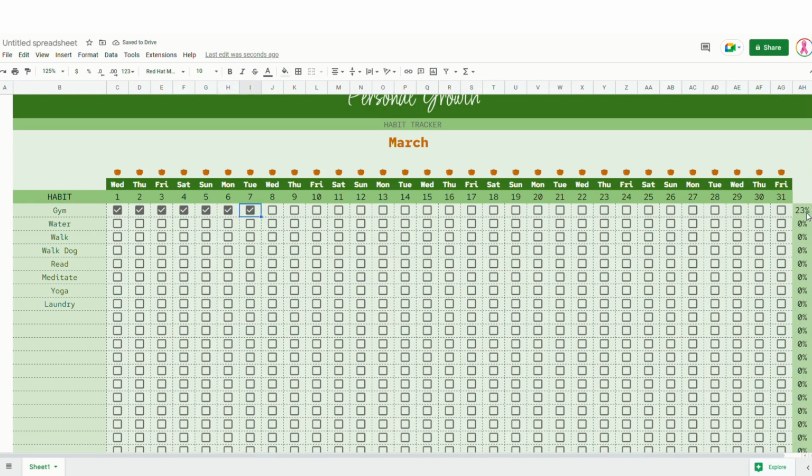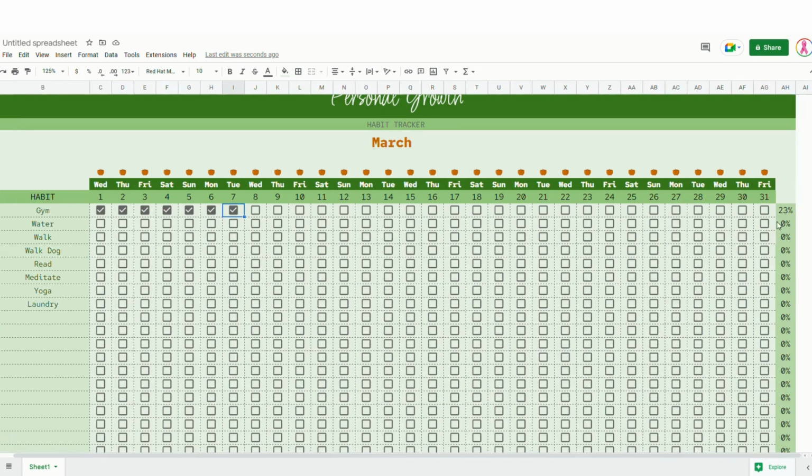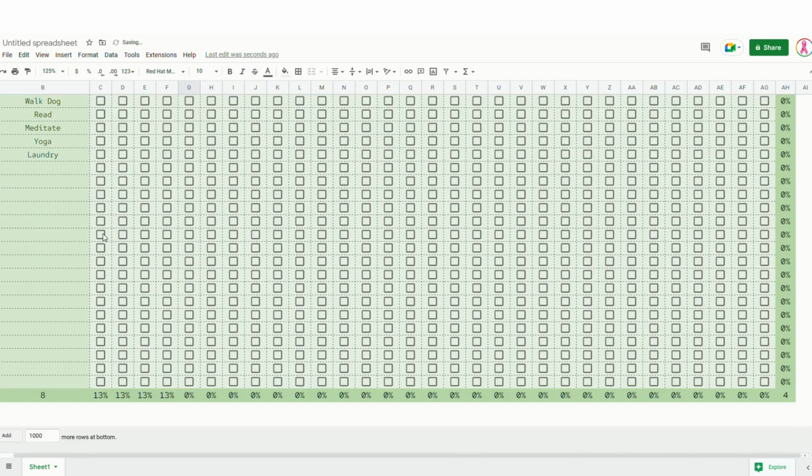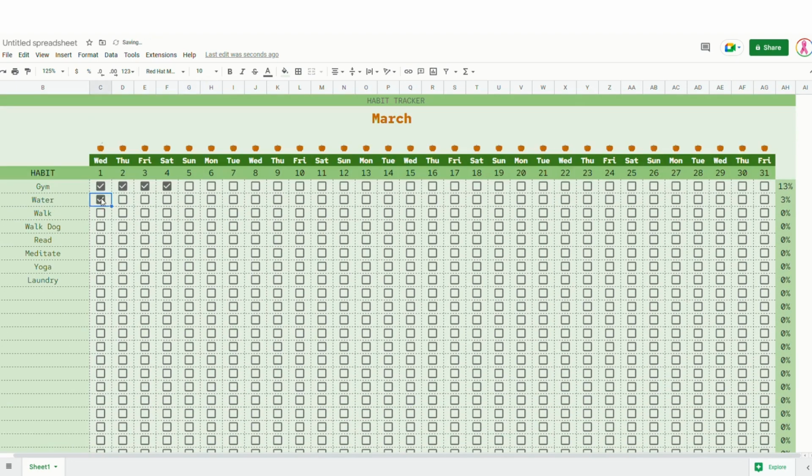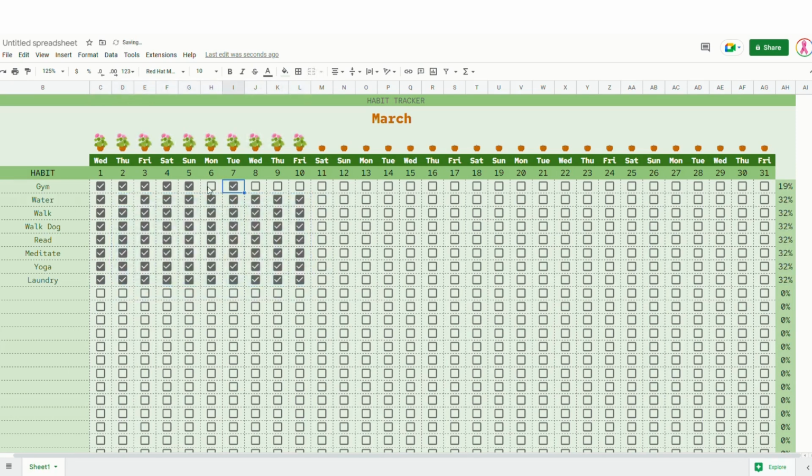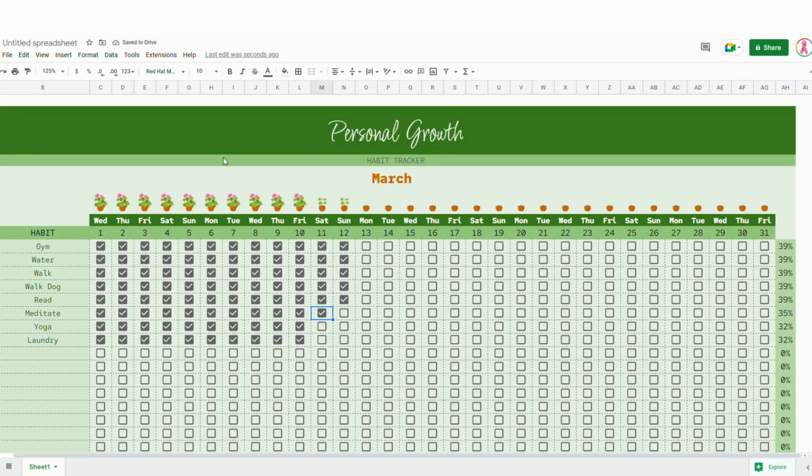You will see off to the right your percentage increases as you complete the tasks, and that will be your monthly percentage. Your daily percentage increases below, but the added bonus up above is that you will see this beautiful plant begin to grow as you check off all of your goals. So as you start checking these off every single day, you will be able to grow your own personal progress